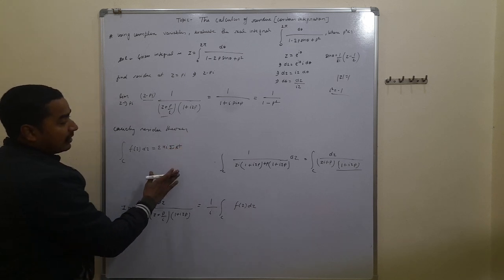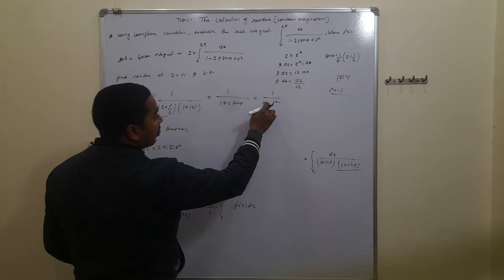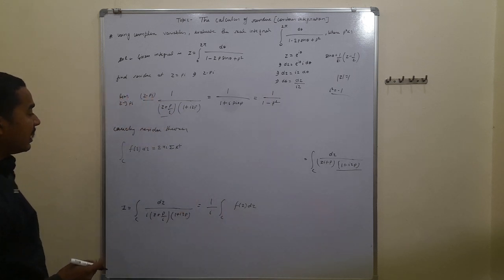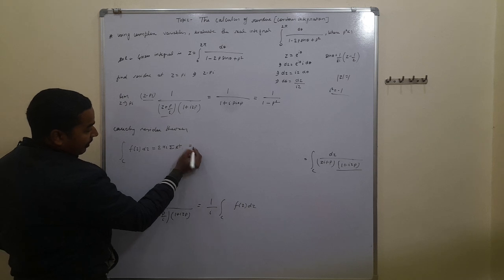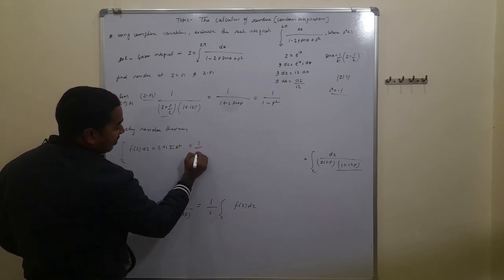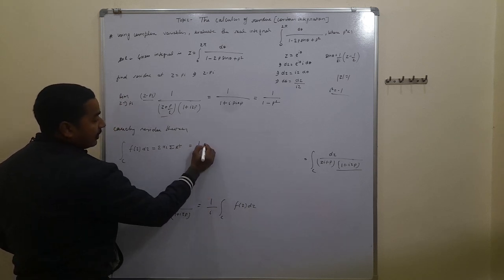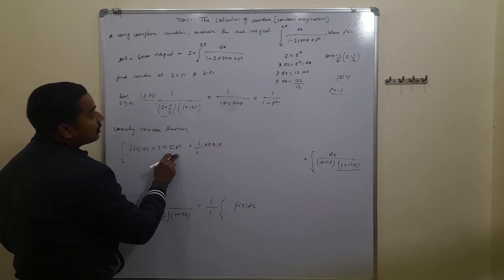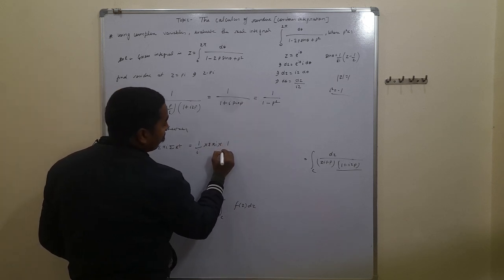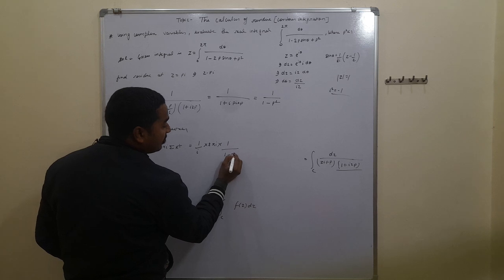We have to find the sum of residues, that is 1 upon 1 minus p square, and here f(z) is given by 1 upon i remaining, into 2 pi i, and the sum of residues we found is 1 upon 1 minus p square,